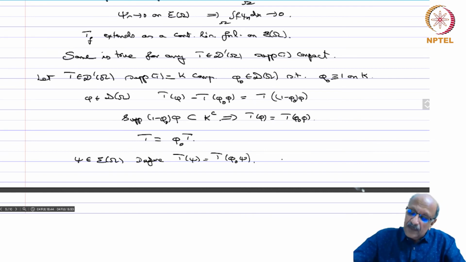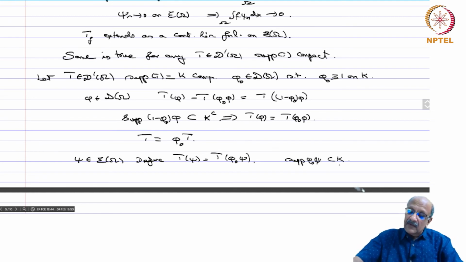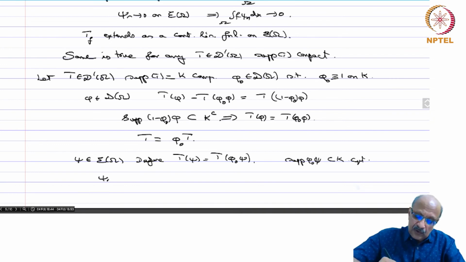This makes sense because the support of phi naught psi is contained in K, which is compact, and therefore this is a C infinity function with compact support, and therefore this defines the distribution. And of course, if psi n goes to 0 in E of omega, this implies that